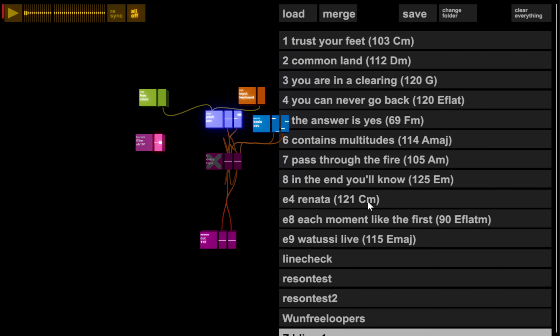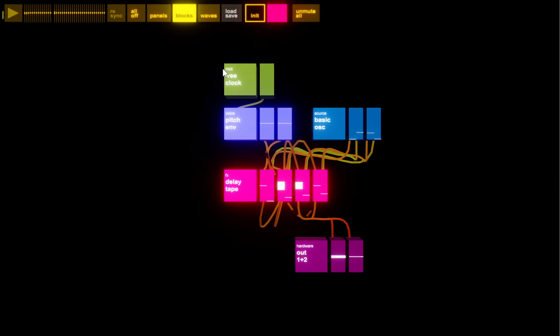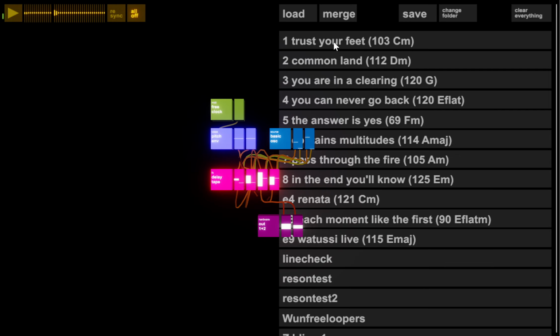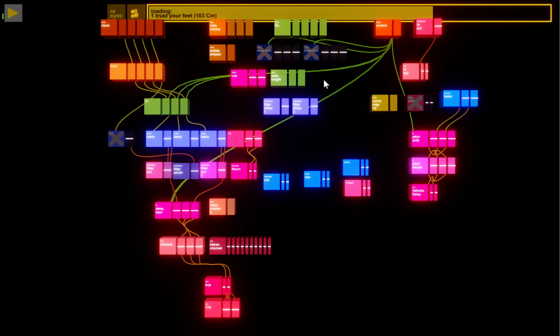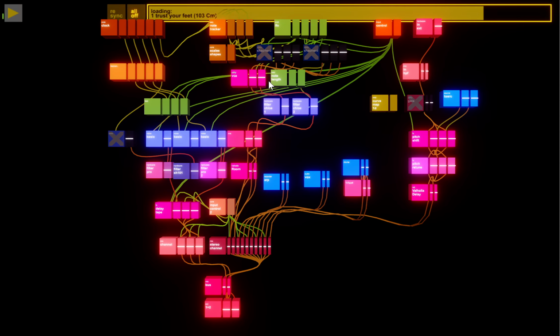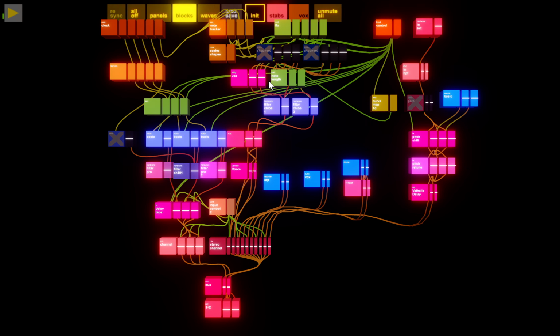So here's my live set. I think Control and Space loads the next song. So yeah, here we go. That's different. But let's load. The computer's going to melt. I'm not going to try and play this. It takes ages to load this one, particularly because it's got loads of blocks. There we go. So the play button is grey until it's finished loading.